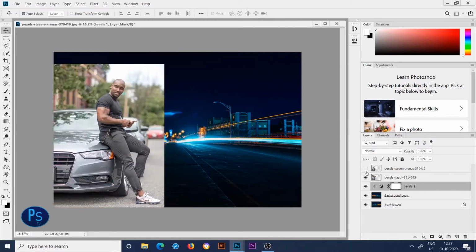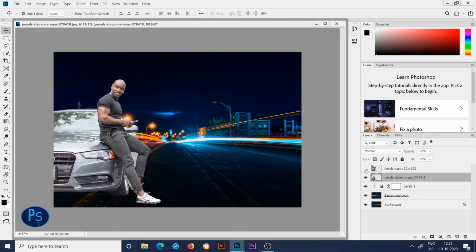Then open your subject. I have already cut out my subject. You will see the after and before. I cut this subject out by using the pen tool,